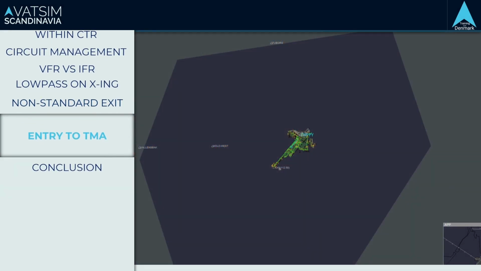So, the last one is entry into the TMA. This is when you have a VFR departure, normally on a route where he needs to go further, and he needs to climb more than just 1,500 feet. So, he needs to request to enter the TMA from your control zone. Here's another thing, and we need to have a talk